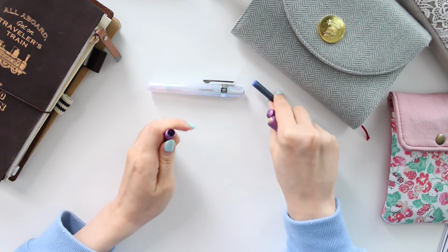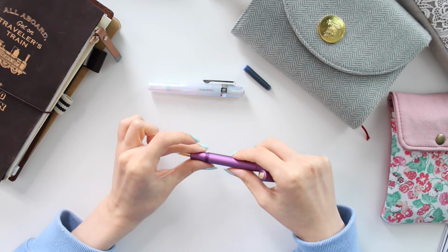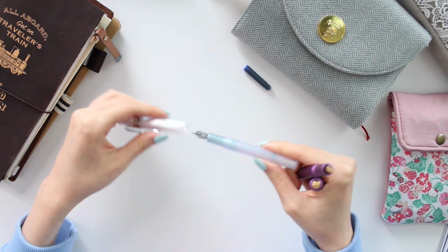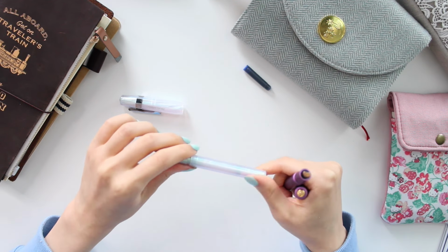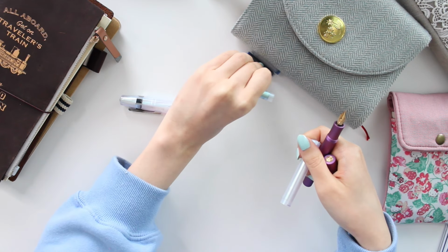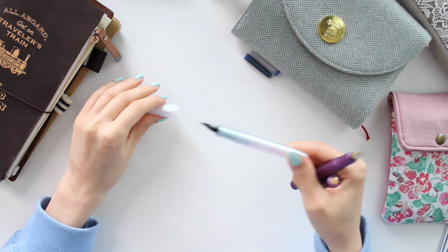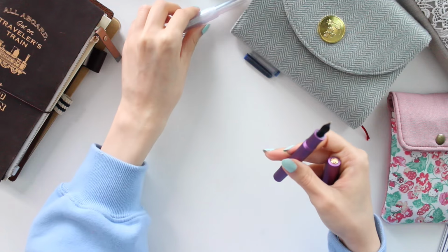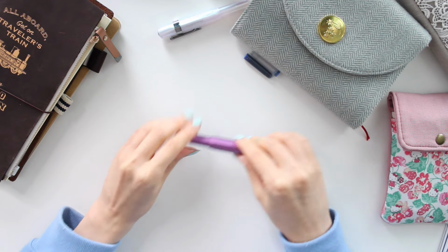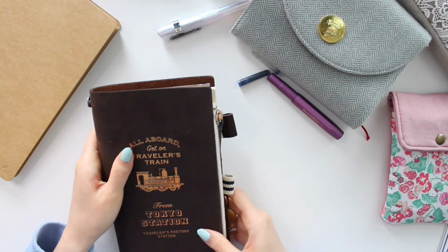So we have that here. I'm not going to be using that. I am actually just going to use the empty one that I have just cleaned out from this one here. I just cleaned a bunch of my fountain pens yesterday, so we're going to use that one today. But I have to choose what ink I want to use because I'm not sure. I have a few options that I can try out, but this morning I did reorganize my ink